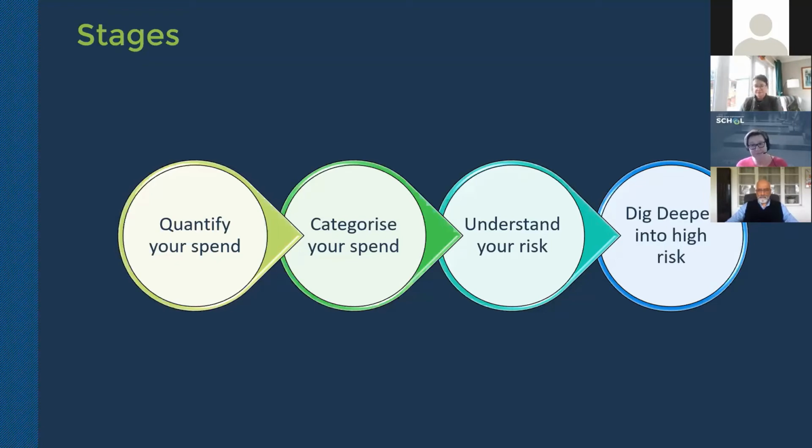You then need to have that conversation, and we'll go into that in a moment, around what is the risk, what is it that exists. And from the first time you do this, it's about understanding what risk exists before you even look at leverage, before you even look at spend. And from that perspective, looking at that whole life, where is it? Is it a direct risk for me, i.e. it's on my doorstep, in my office, in a site that I'm working on? Or is it an indirect risk like solar panels, where we know that there's exploitation happening, but it's so far down the supply chain, I need to think about how to address that.